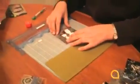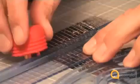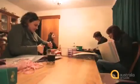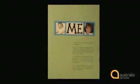I'm creating something that gives me a chance to put something about who I am onto that page. I often think when I'm working on a project, what would my kids like to know about me in 20